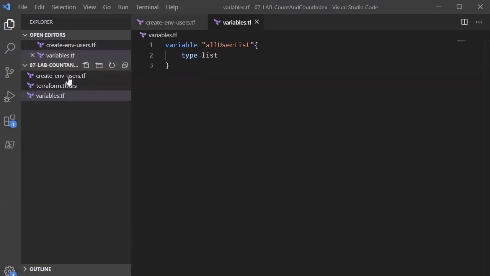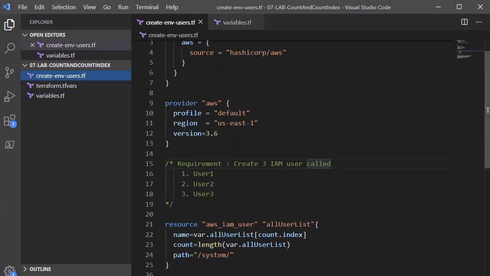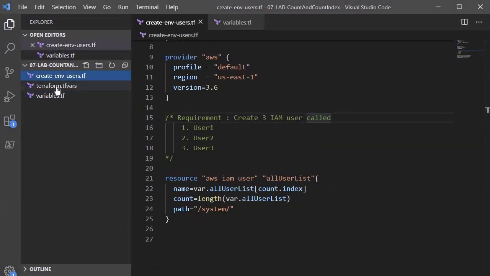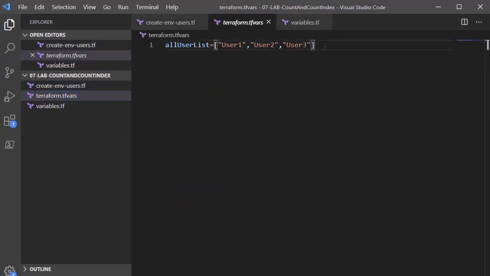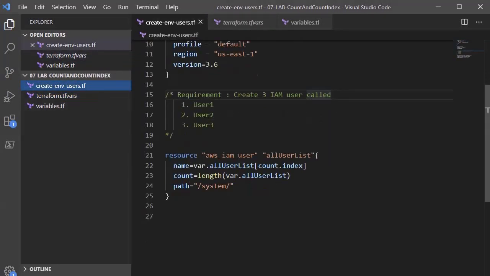So guys, this is the program which we have written earlier, where we are passing all the user information from this TF var file. Over here we are counting the length of the list, and then we are creating the resource that number of times by using count.index and count. This time also we can achieve our requirement